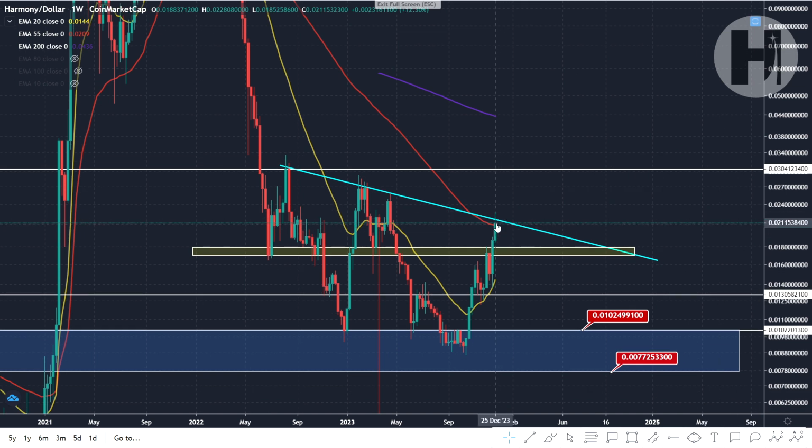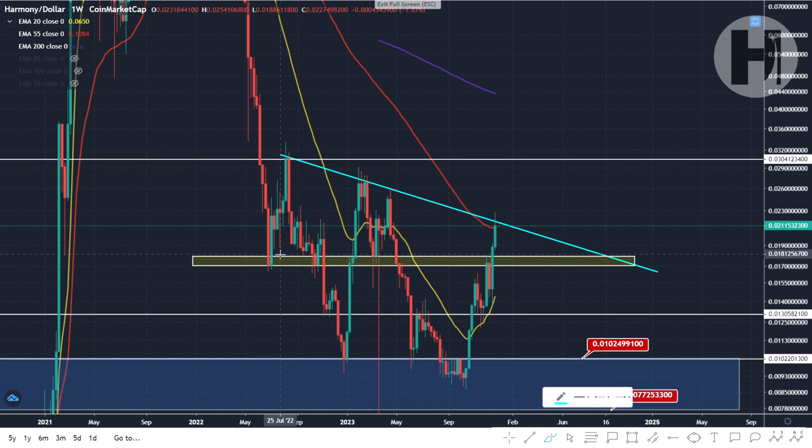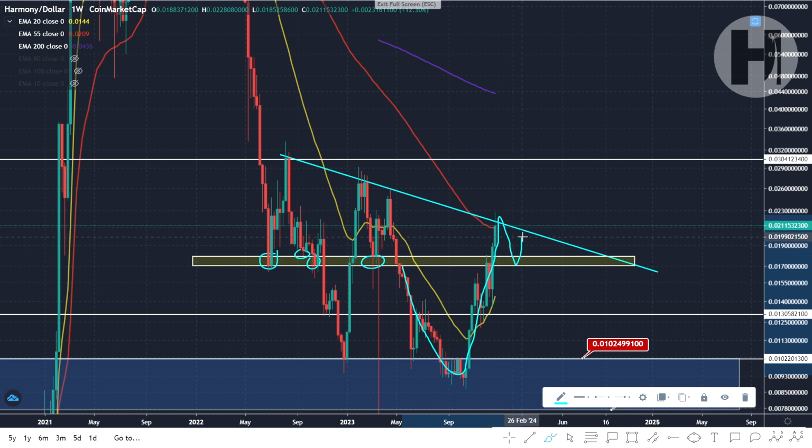But if you're looking to sell here and you're looking to buy a bit cheaper, you can look for a potential 20% drop to this support block. As you can see, we have multiple retests of this area back in 2022. Over here we obviously dropped back down, and now we're breaking above that, but we do want to see a nice backtest of support here, and maybe after that we can eventually have a breakout above